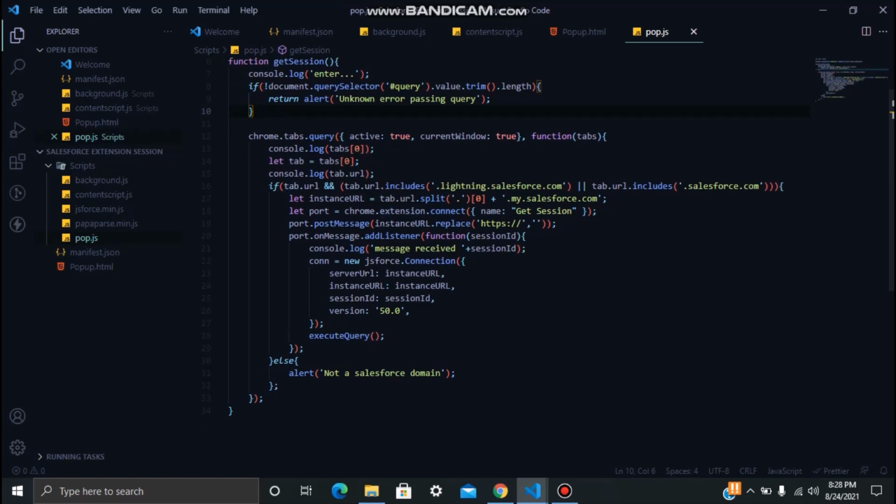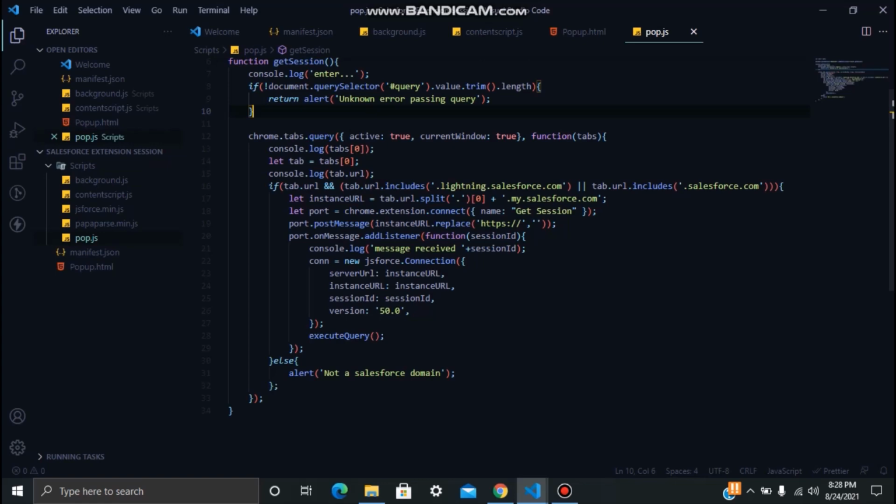Then we check the tab URL, whether it is Lightning or the Classic version. If it is Classic, then it will add your domain also. Remember, for this Chrome extension you require the domain also. If it is not added yet in your Salesforce organization, you have to add your domain.